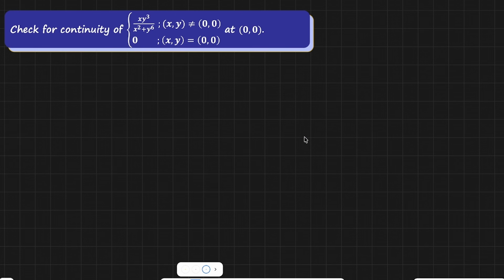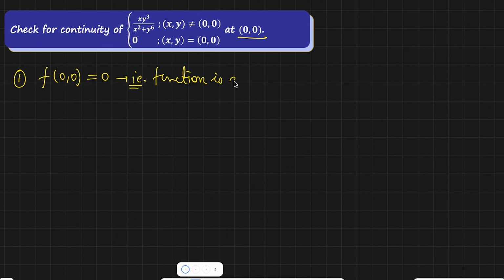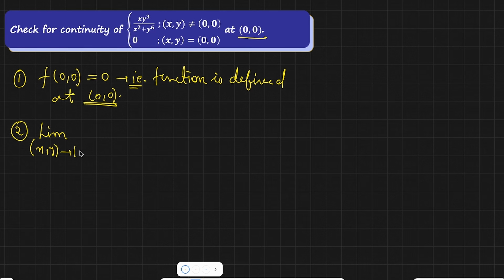Now come to the next question. Now how to solve this question? Again you start from the first point. So what is your first point? What is the value of f of 0 comma 0? Because you want to check at 0 comma 0. This is given as 0. It means the function is defined at 0 comma 0 at that point. Now second point, find out the limit as x comma y tends to 0 comma 0 of my function,